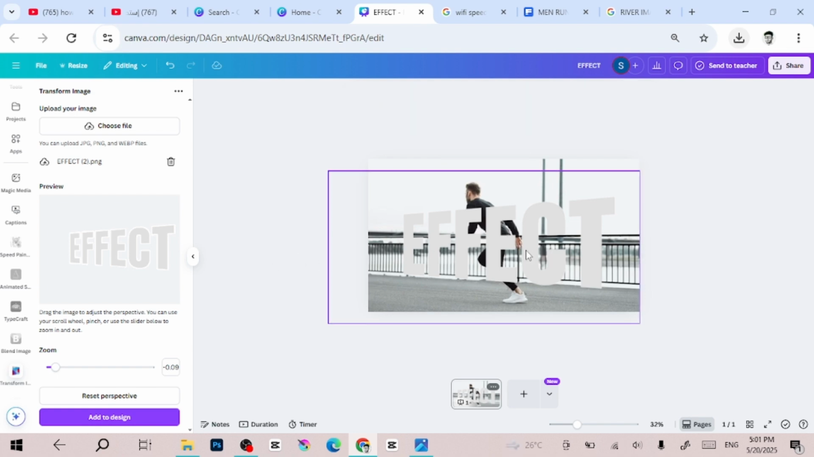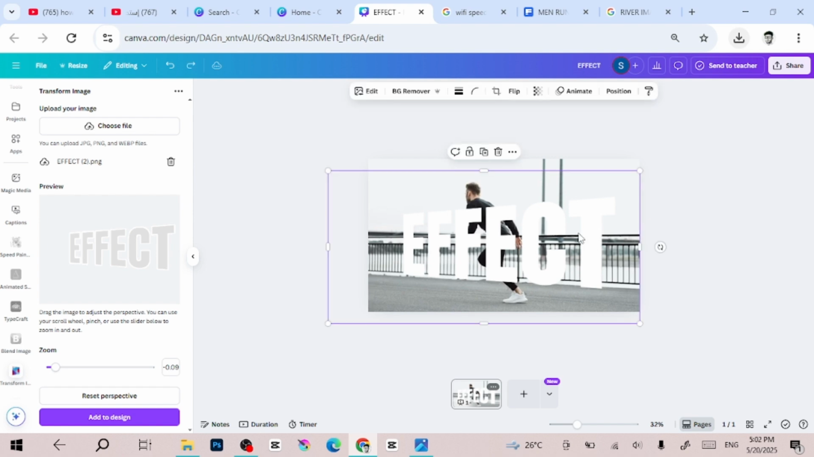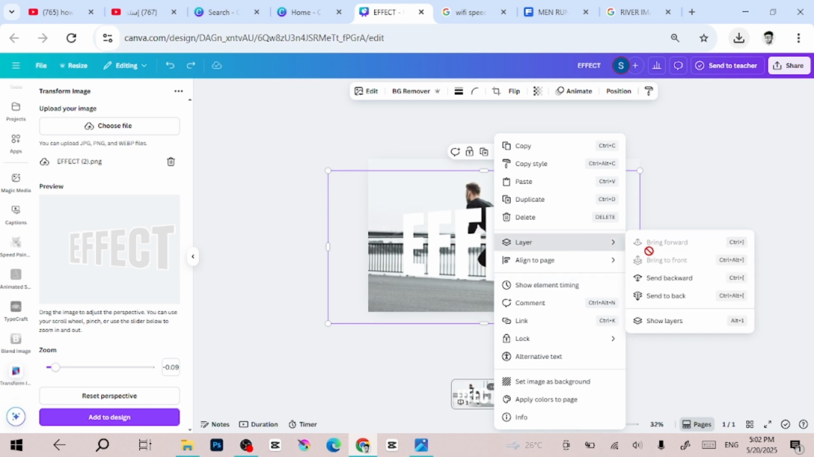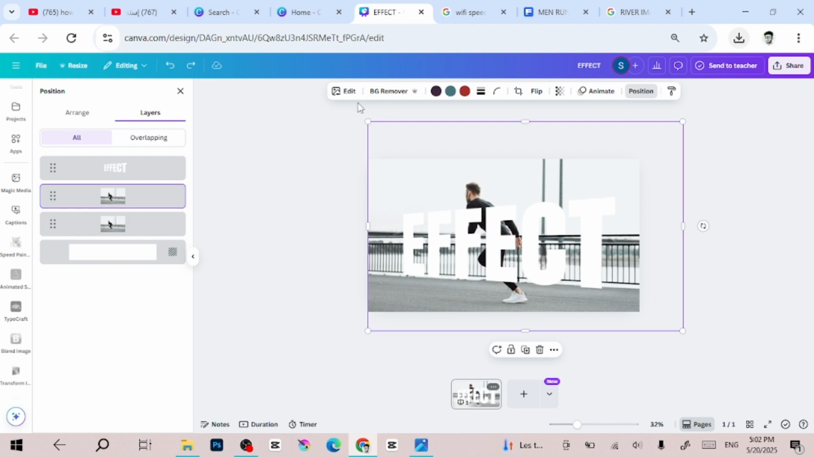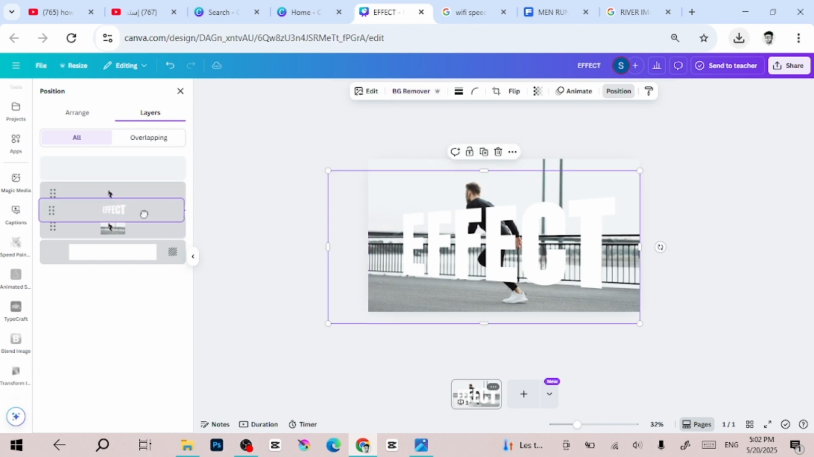What I have to do right now, I will just click on it and go to edit, adjust, and make the brightness like this, 100. So right now what I have to do, I will go and click right click, layer, show layers, and click on the second page and click on remove background. And guys, after removing your background, take this between this and this,